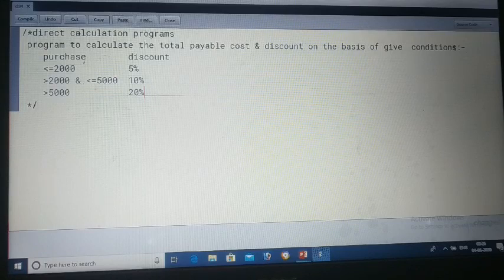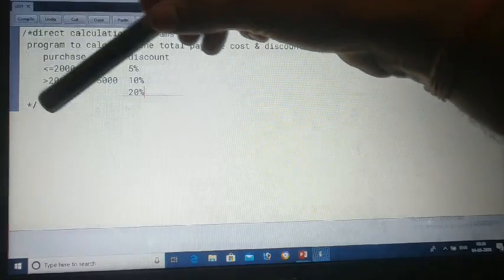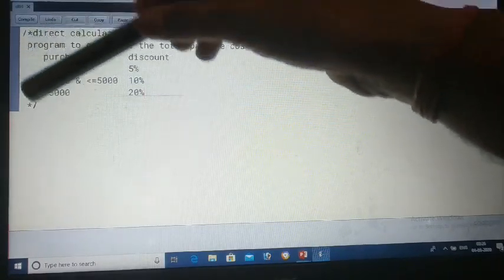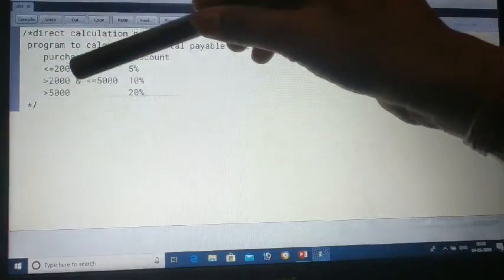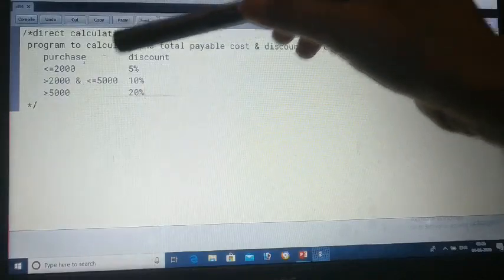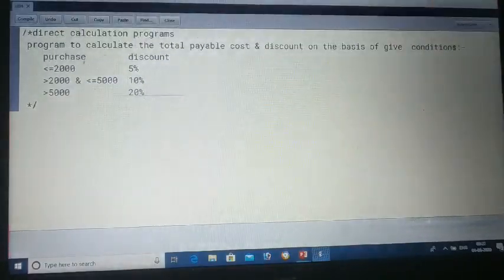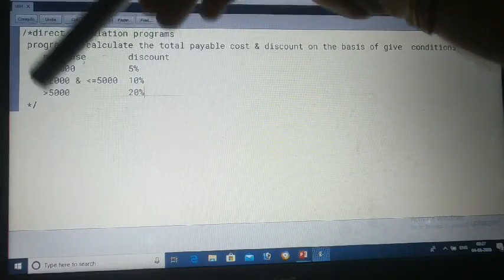See the logic. What is the logic behind this program working? This program is saying you are going to a shop and you have to do the purchasing. On the basis of purchasing, the shopkeeper or mall or mart is providing you some discount. Now imagine, suppose I have purchased some item of 1000 rupees.